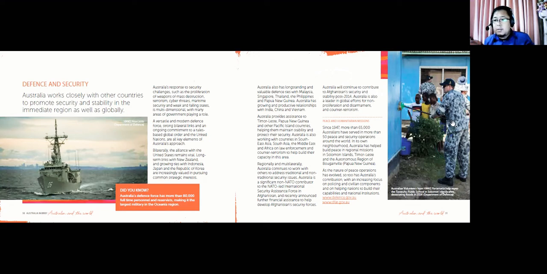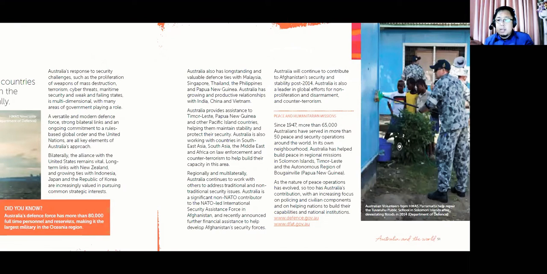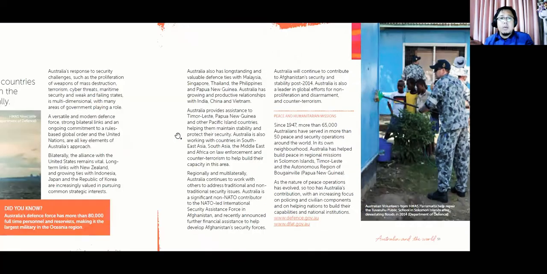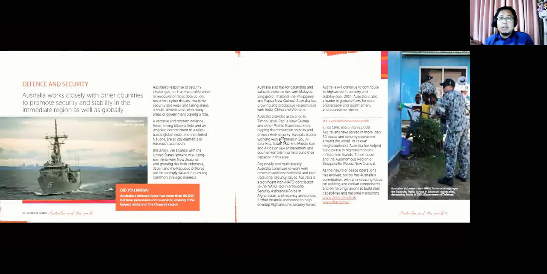Kemudian tentara Australia juga, let me make it bigger. This one, tentara Australia, volunteers membantu warga yang ada di Solomon Islands setelah terjadinya banjir bandang tahun 2014. Australia also has helped Indonesia when tsunami happened in Aceh, and Australia also has helped Indonesia when earthquake happened in Padang last 2000. I think it was in 2009,